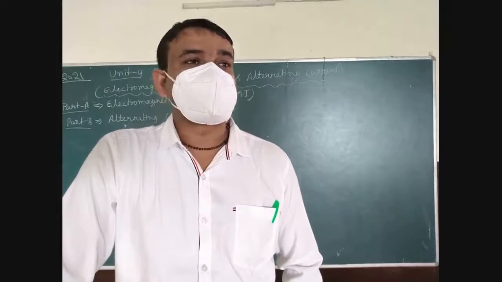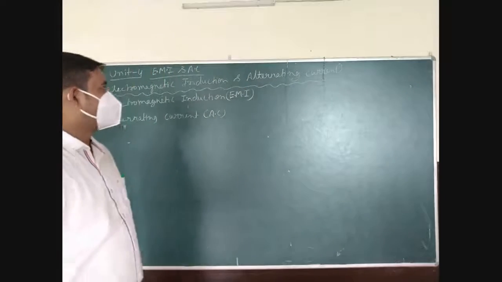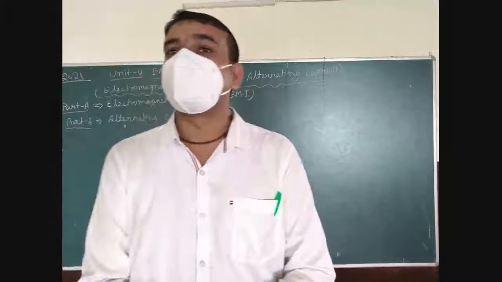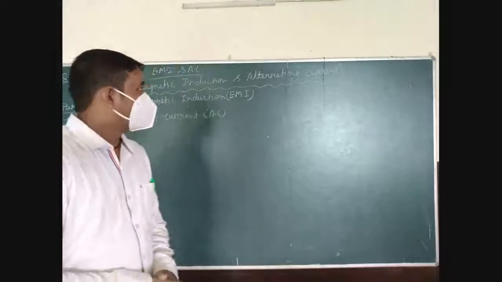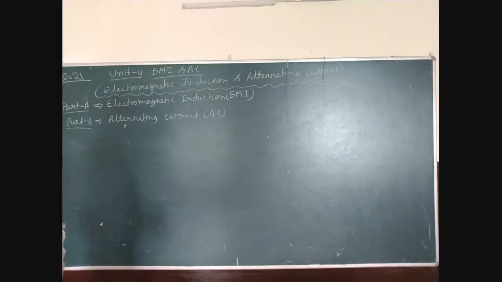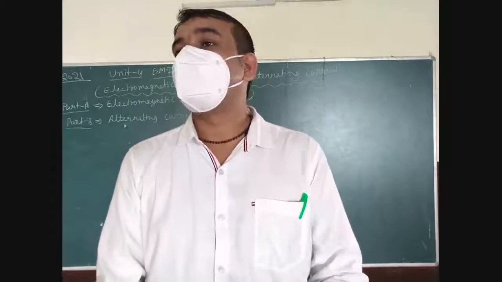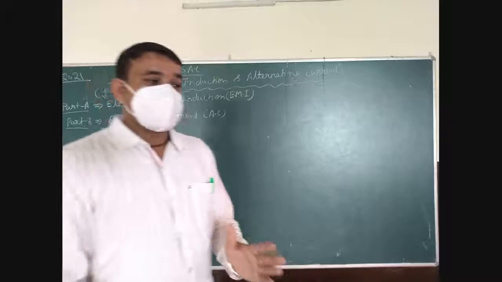Today we are starting with our next unit, unit 4, electromagnetic induction and alternating current. The unit is divided into two parts. One is electromagnetic induction and part B is alternating current. First we will understand electromagnetic induction, and then we continue with its applications. Here we have two applications. One is mutual induction and self induction, and then